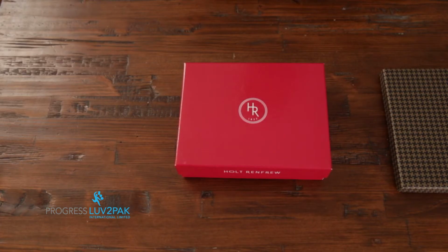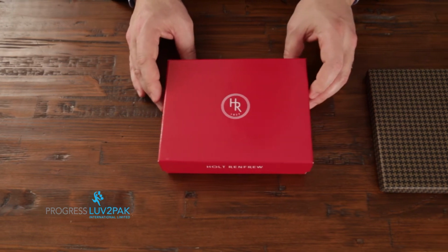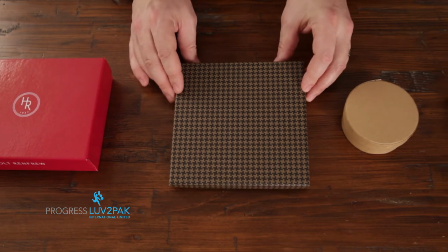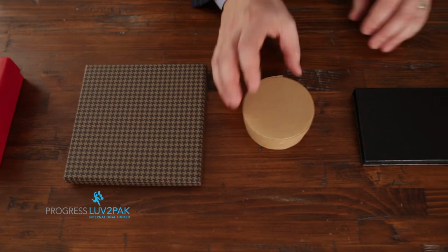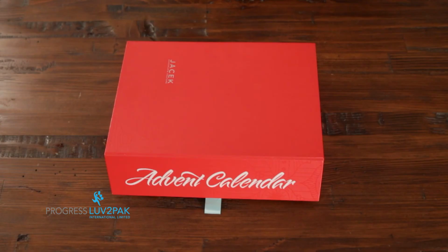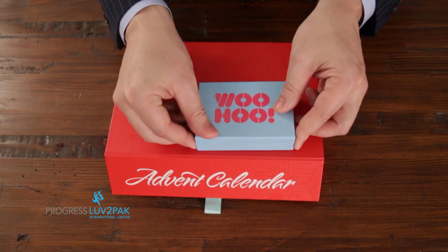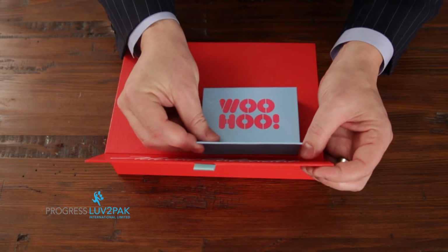The standard papers to wrap a rigid box are coated art paper, white craft, uncoated natural craft, and specialty and embossed papers. When it comes to materials, there are many thicknesses to choose from. And this will move up or down depending on the weight of your project or the look and feel you're